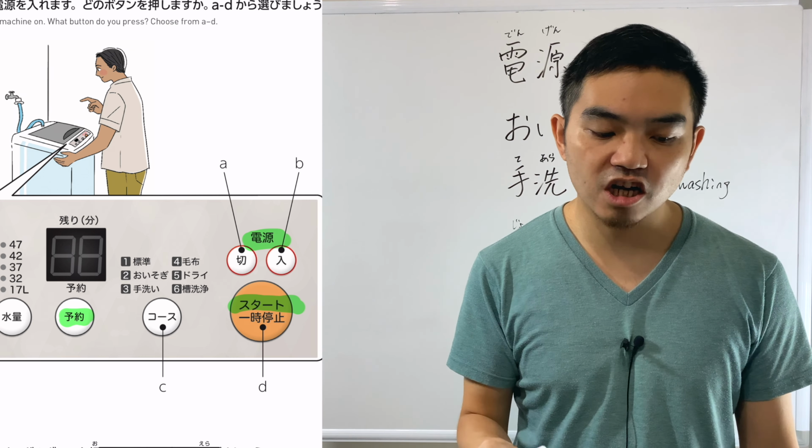It's correct. But in Japan, it's very humid at the same time in the summer. So if you're living close to the ocean, or even if you're living far away from the ocean, you still feel humid. When you're in a room and you feel very stuffy, if you press this 冷房, the cooling, then it won't work sometimes. Do you know why? Because it's very humid. So when it's not working, even if you press this 冷房 cooler, then you want to press this green button,